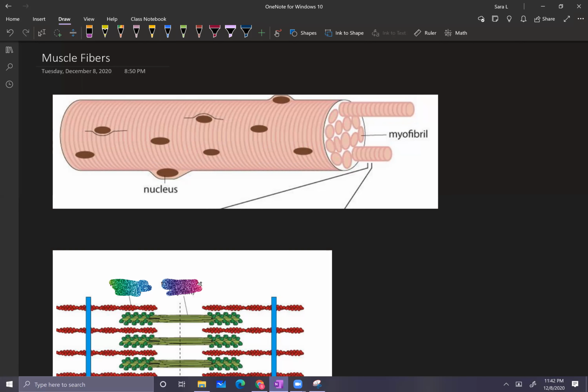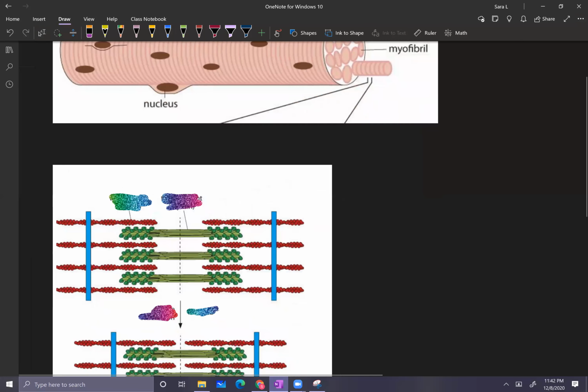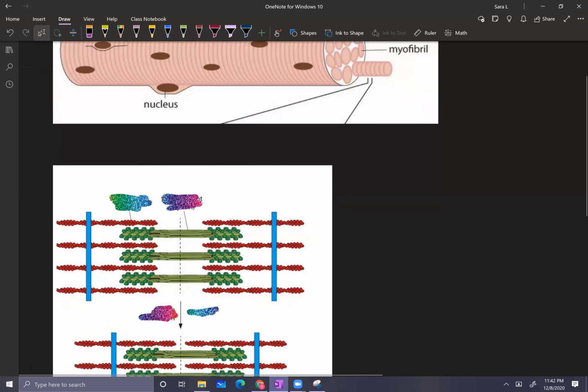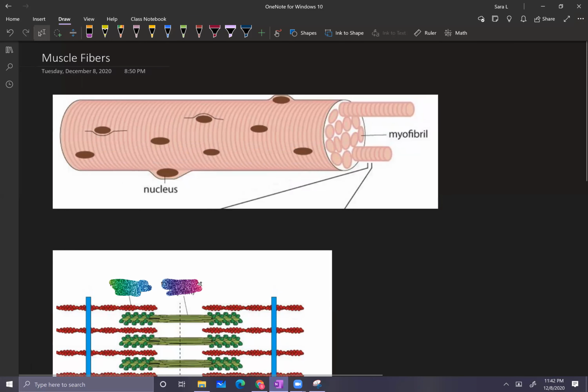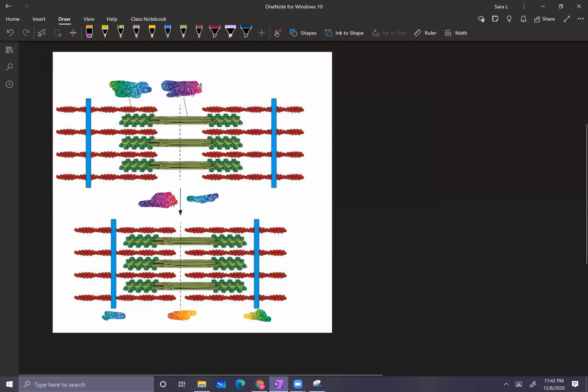And this is part of the reason why muscle cells are so unique, because they are not as identical as the other types of cells that we have in our body. And the way muscles contract is very interesting because it all depends on these myofibrils and these muscle cells all contracting together. So that's a very complex process. And looking at it, it's because this is what makes up a